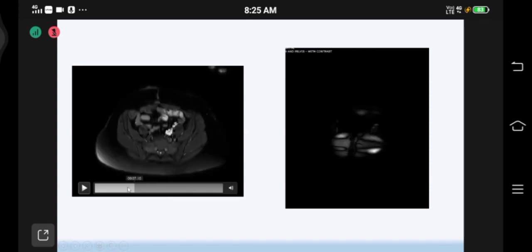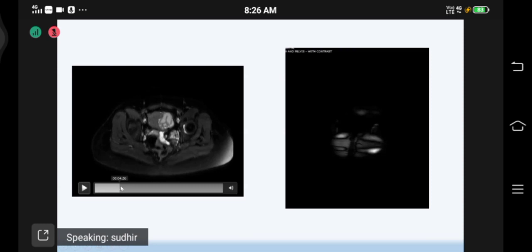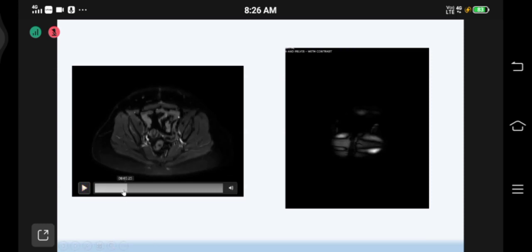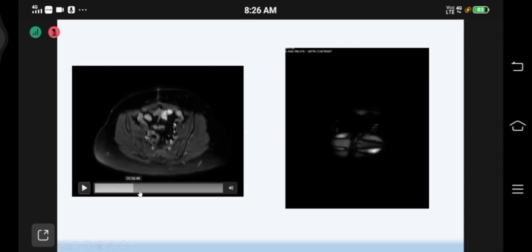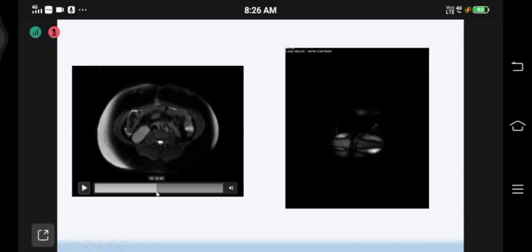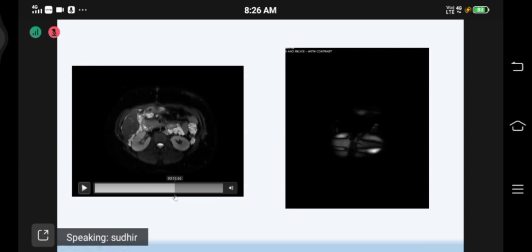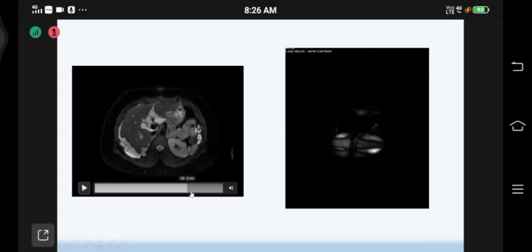You can see that when we go systematically from below upwards, you can find some deposits in the pouch of Douglas here, right? Then we go towards the right iliac fossa. Just along the lateral pelvic wall, you can see a small nodular deposit here. Then as we course further along the right paracolic gutter, you can see the deposits going along the paracolic gutter, subhepatic space, and then involving the perihepatic space,